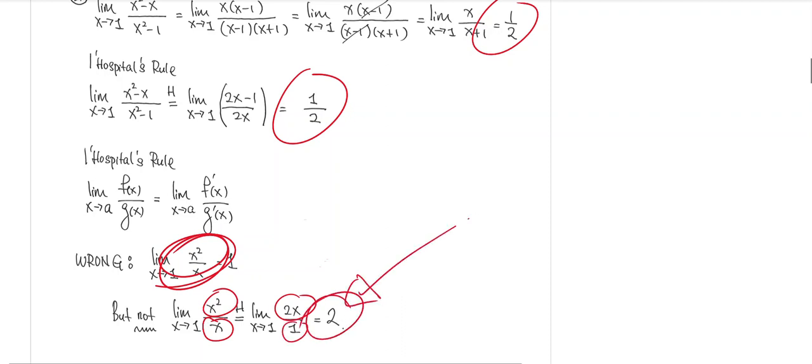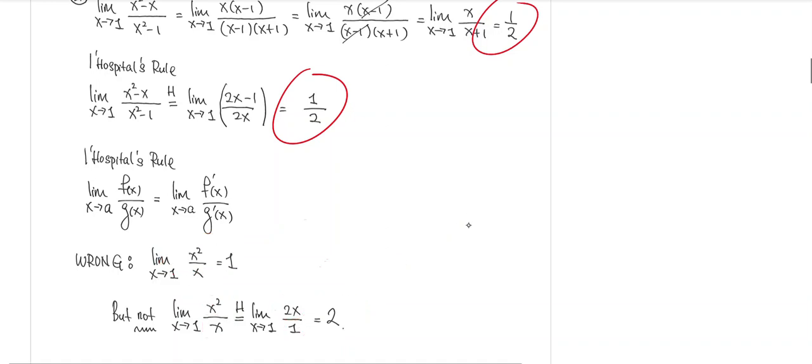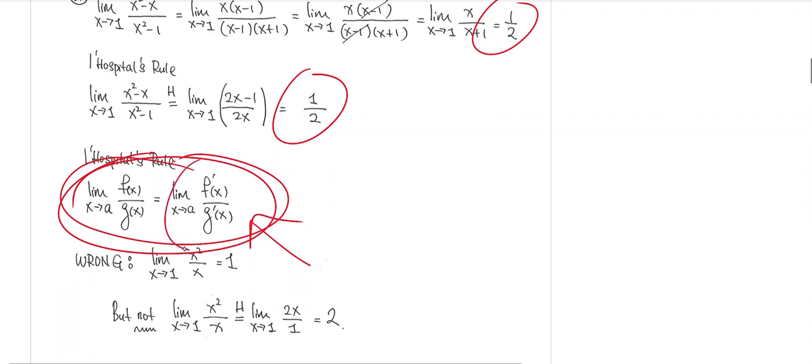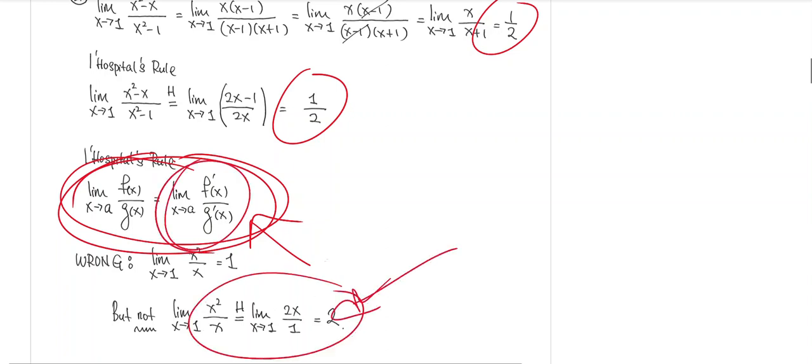L'Hopital rule didn't say anything like that, okay? If you look at the theorem in the book, L'Hopital rule only says that when you have an indeterminate form, then you have this limit, this relationship, provided that this limit exists. So you cannot claim that by L'Hopital rule the answer is 2. Which means